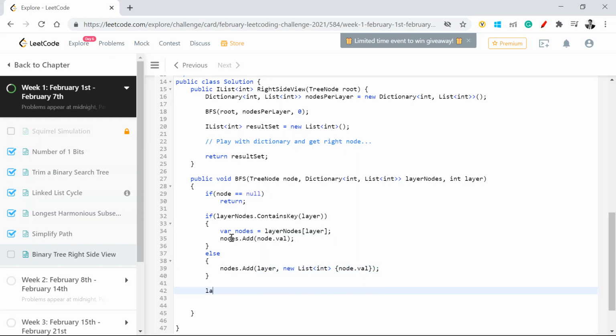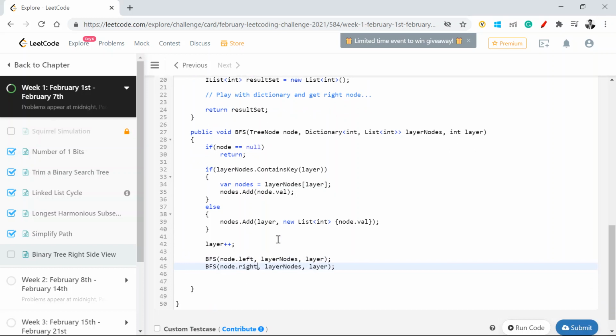Once I'm outside that, that means I'm going to the child layers, and I'll do a layer plus plus and again call the DFS. This will again be node.left, nodes per layer, that means the dictionary and layer, and I'll do the same thing for the right child as well.